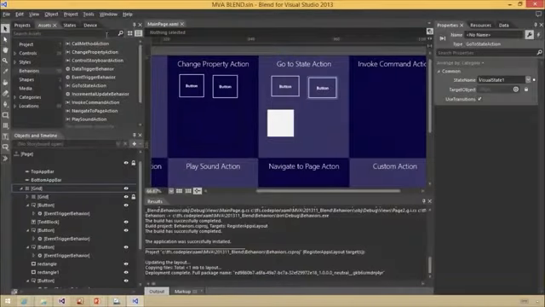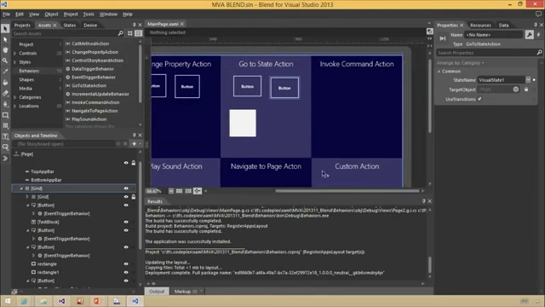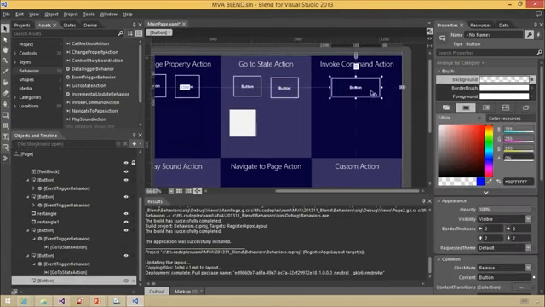If I happen to be using MVVM and using the relay command pattern, then I have a way of interacting with my view model without having a click handler. So, for example, if I have a button, and I'll add a button right here. This button, I could double click it and it would give me an event handler, but then I have a lot of code behind and I'm no longer abstracting my logic away from my view. So the way we do that is with the ICommand pattern. But how do I leverage that with behaviors? I do that with using the